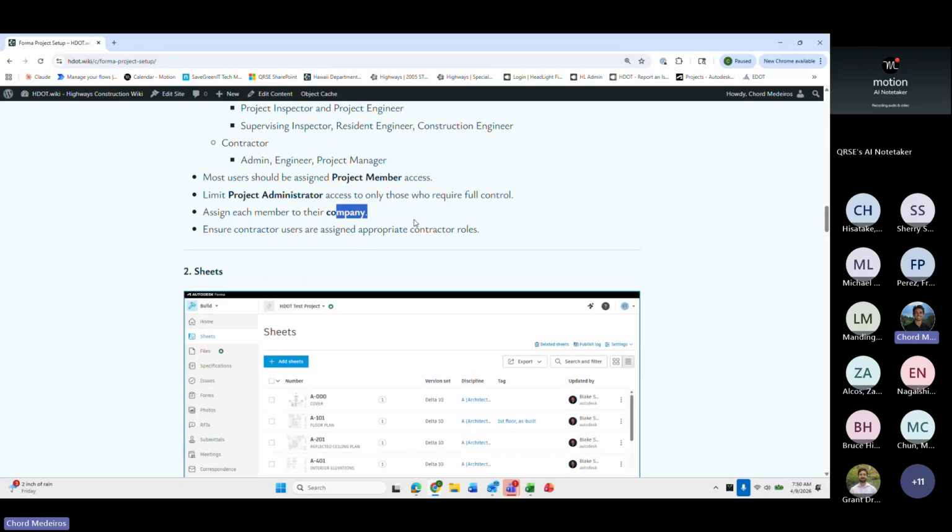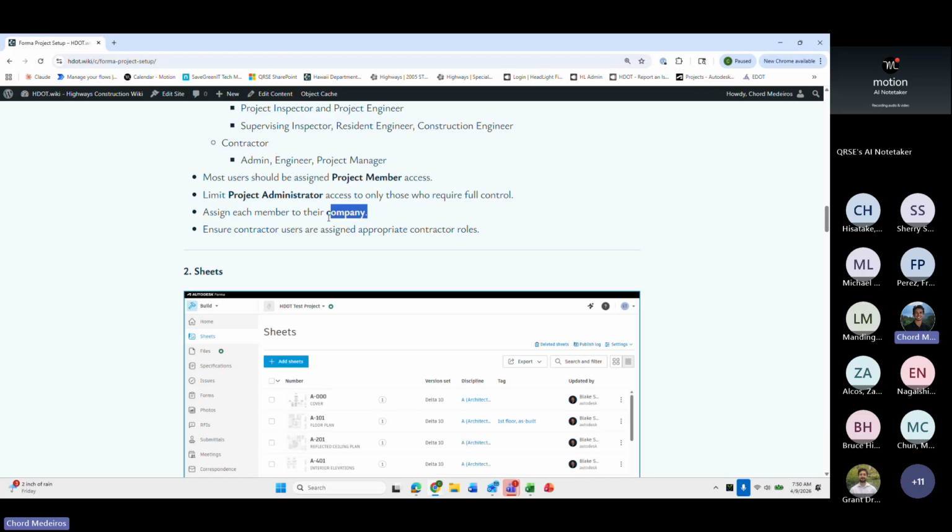Similarly, companies help when we're creating workflows as well. If you're assigning particular modules access based off of company, then assigning people the company is extremely helpful. Also, in some use cases for me, when I'm sending back submittals to the contractor or sending submittals to designers, if I assign it to their company, then anybody from their company, if somebody's out of office or anyone who's added to the project from their company,